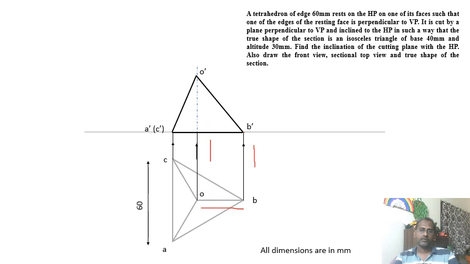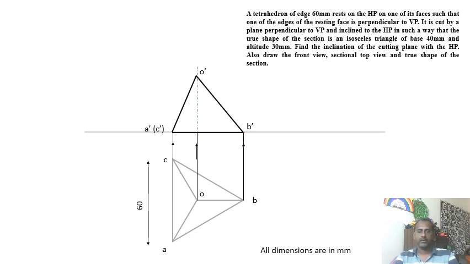Now, after drawing the front view, you have to mark the edges in the front view as well. So A, B, C and the apex O. Now as far as this point is concerned, it's very clear. That is what we discussed in the procedures to draw the section of solids. Up to this it's okay.